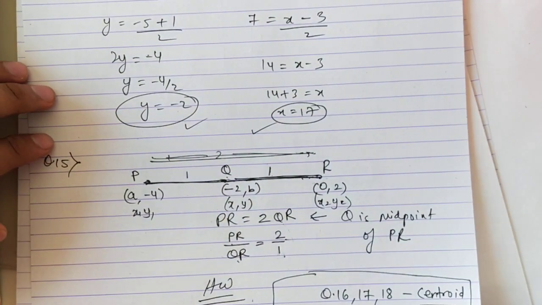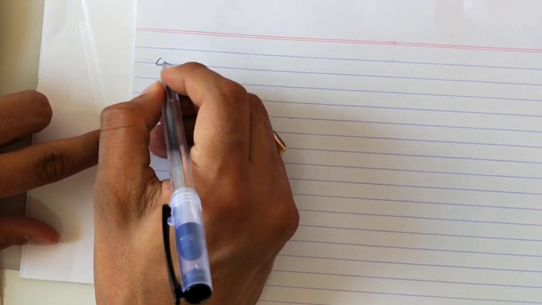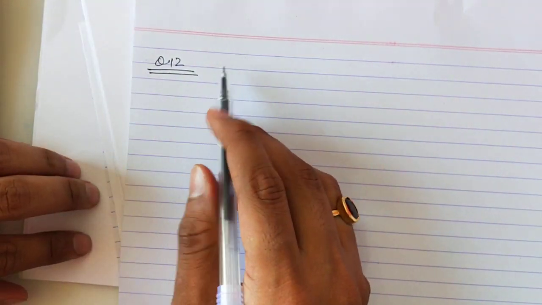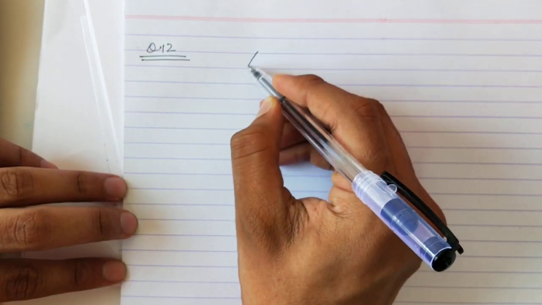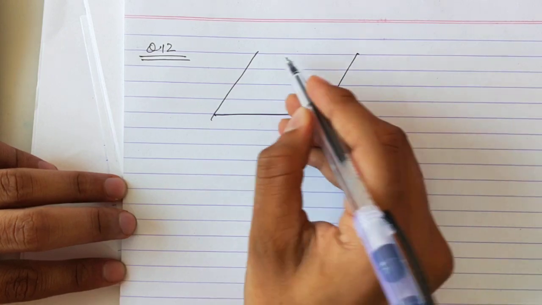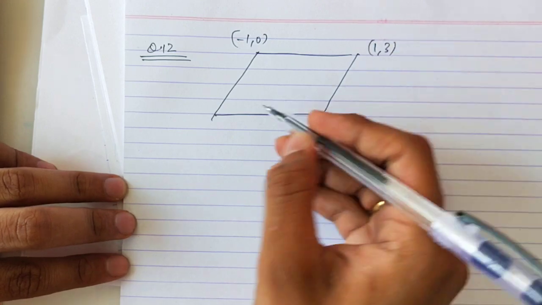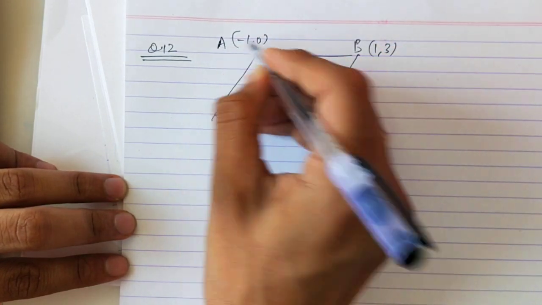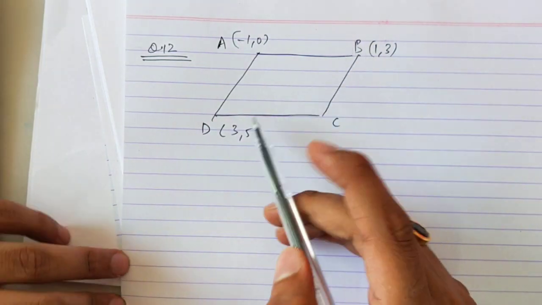Now today, as I'm going to give you homework from Frank also, I wanted to revise a concept. We did question number 12 from Concise, the same exercise. The last sum which we did, question number 12, was that there was a parallelogram like this, and three coordinates were given. A, B, C was not given, and D was given as 3, 5. So if you remember, how did we solve this sum?